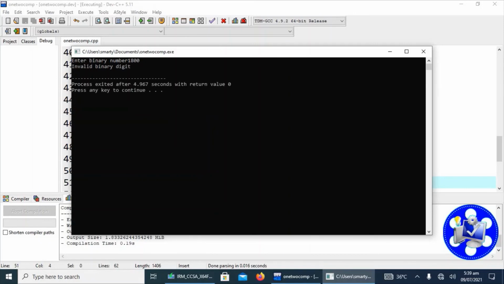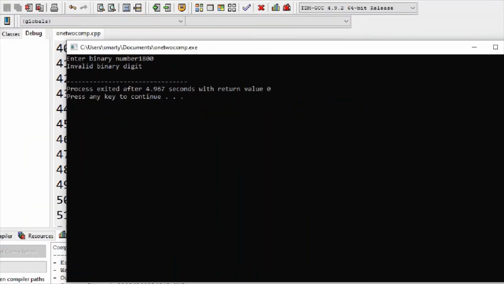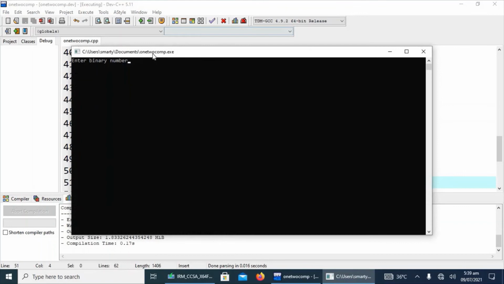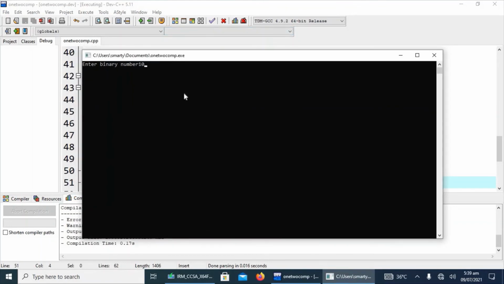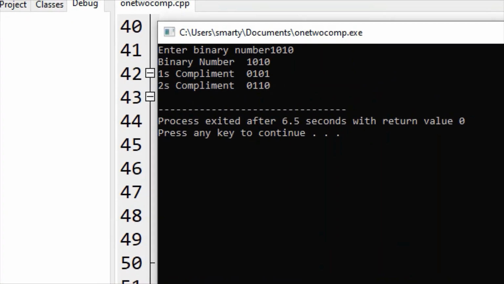The output will be "enter valid binary digit", as we have conditioned in the code. Again we execute it using another number, and we can see it successfully gives us the binary number, the ones complement, and the twos complement.